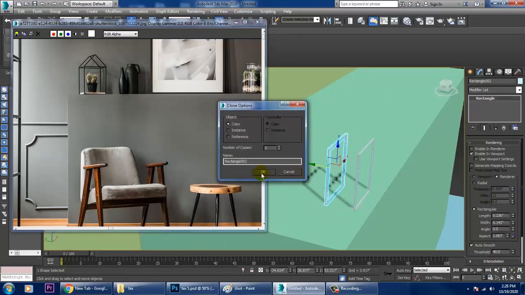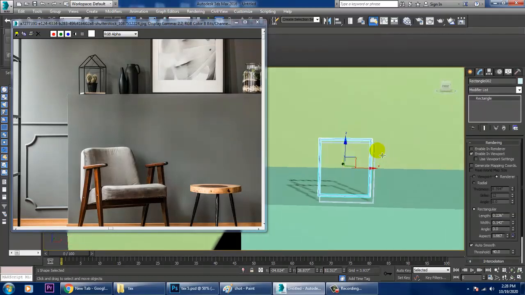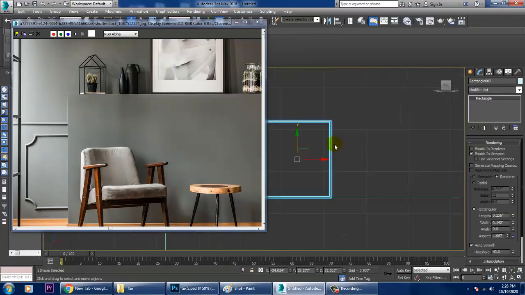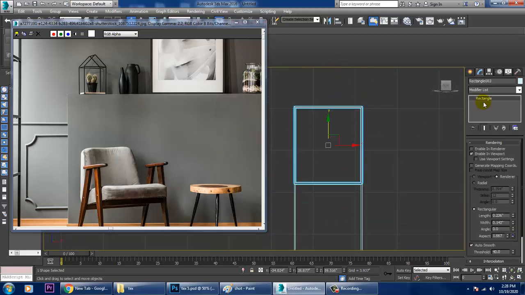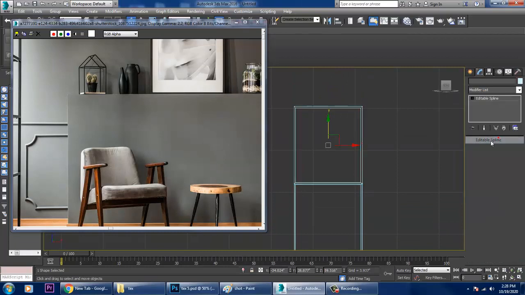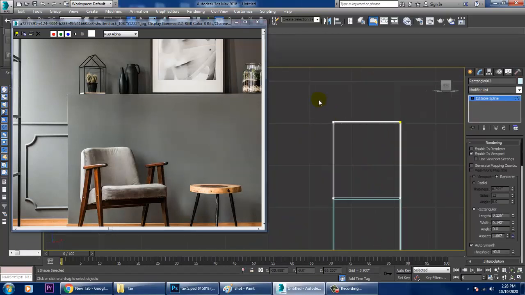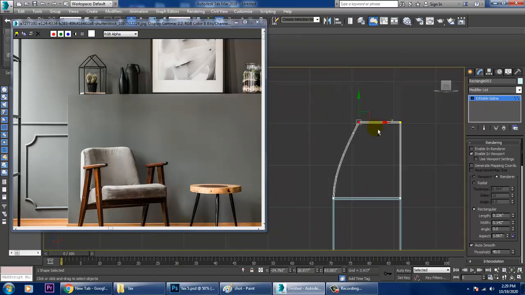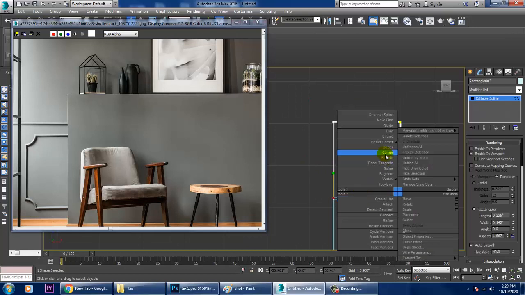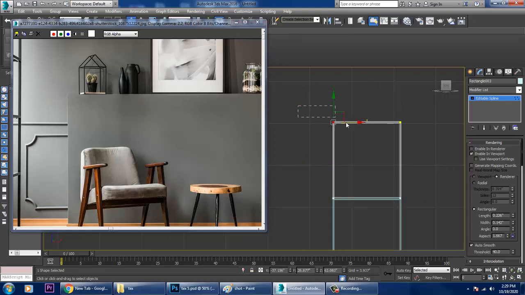Now again I will push this up, convert to editable spline. Select both, right click, set as corner. Select this, right click, set as corner. Select this and push it down, at the center of it.